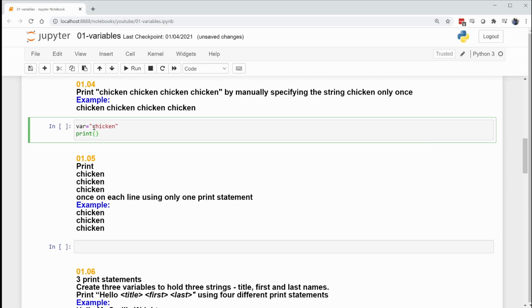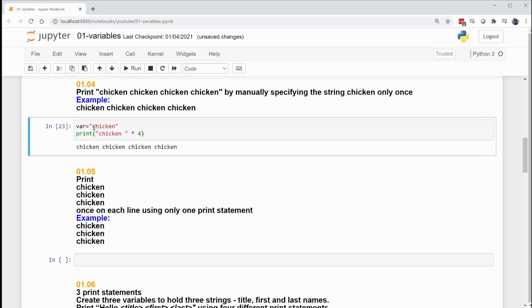Now I could do this, literally give it chicken times 4. This is something that Python kind of lets you do. It will let you multiply this string times 4. Another way I could have done this, since I did set that variable, I can say variable times 4 and get the same thing. And now if I change this to something else,